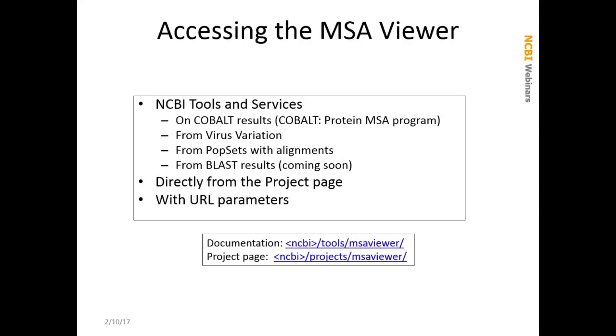Okay, so how do you access the MSA viewer? You can access MSAV from alignments generated at NCBI from BLAST, from COBALT, it's also available now from the virus variation pages, from pop sets that have submitted alignments, from BLAST results, and that says coming soon, but that feature was released yesterday, so we will see that live today. You can also use the projects page for the MSA viewer, and the URL for that is shown at the bottom of this slide. And you can also specify things with URL parameters, and some of that's demonstrated on the project page itself. So let me just highlight a couple of these points of access before we go into the